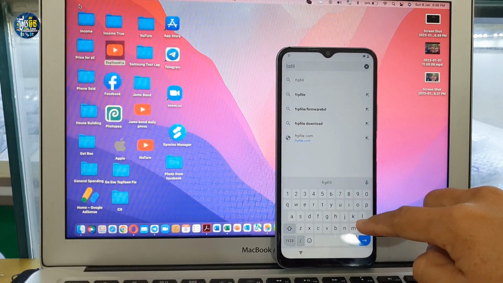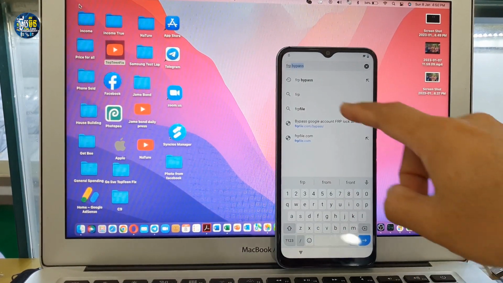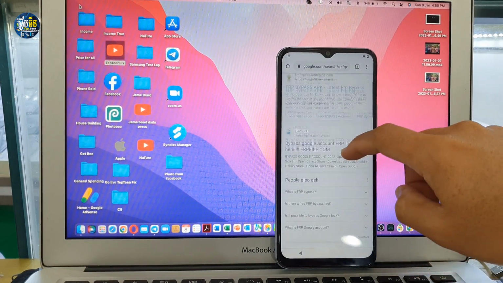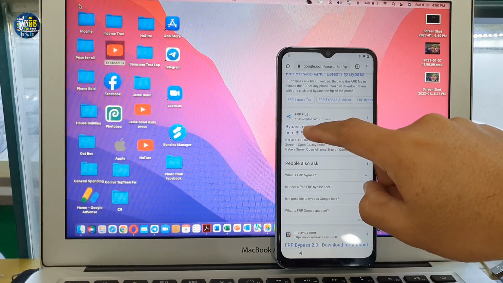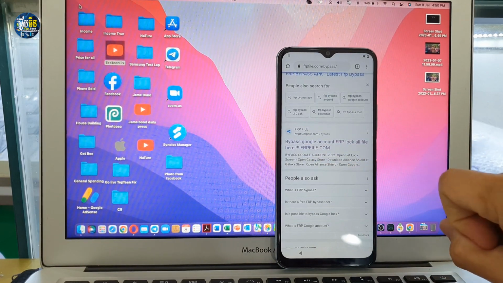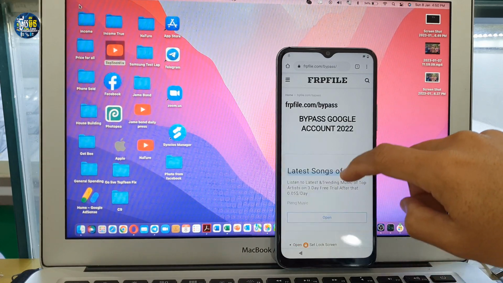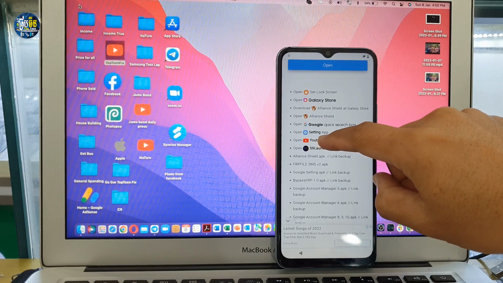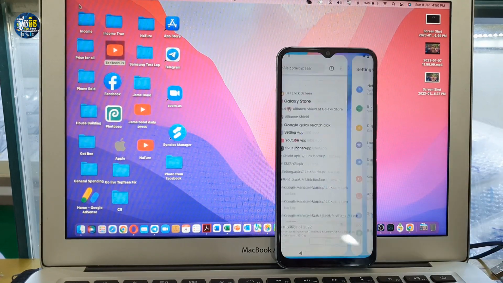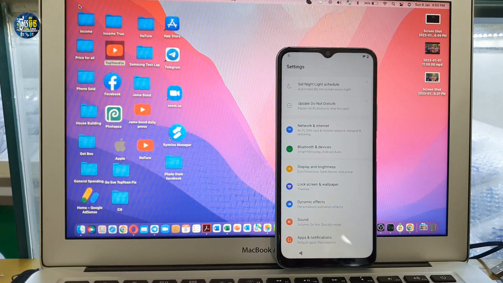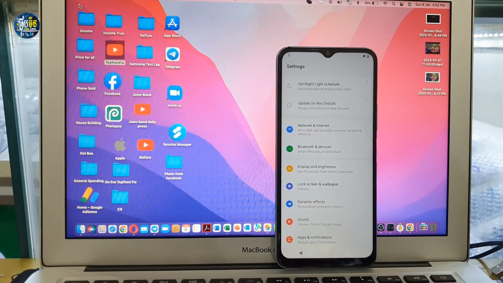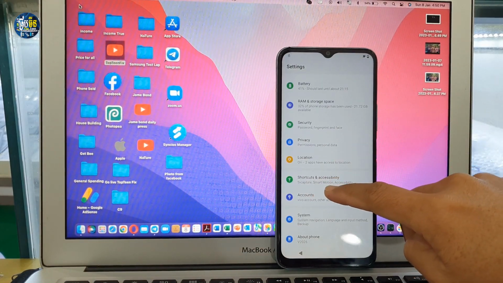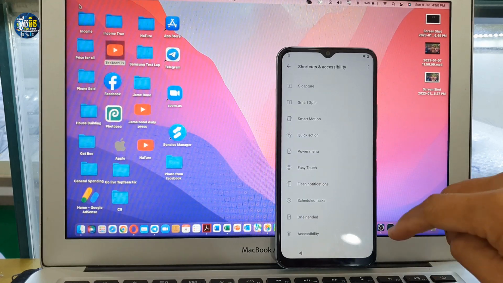FRP bypass right here, select it and scroll down, select FRP, and then you have to select settings to direct to the settings of the phone, and then it will pop up the settings of the phone, and you need to scroll down to find the shortcuts and accessibility right here. Select on it,